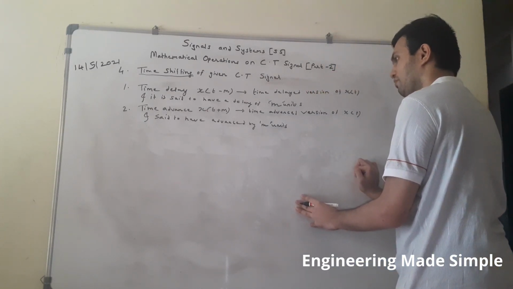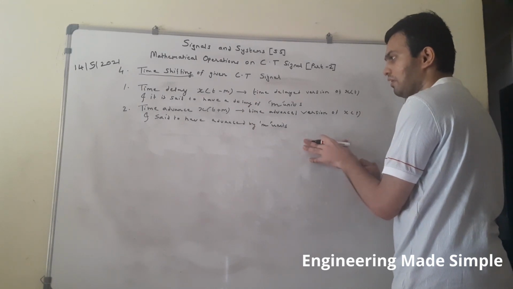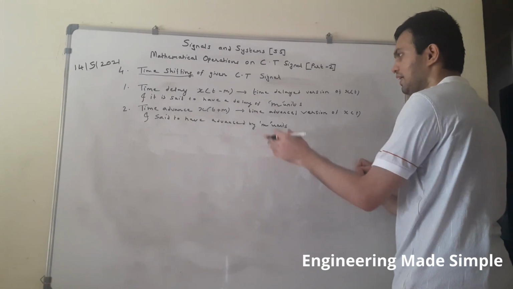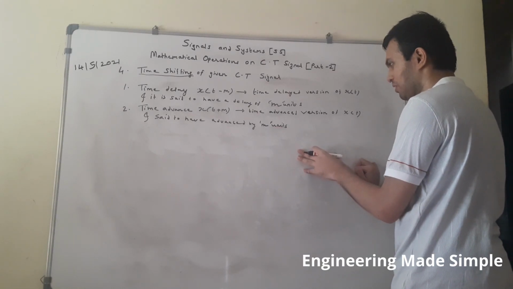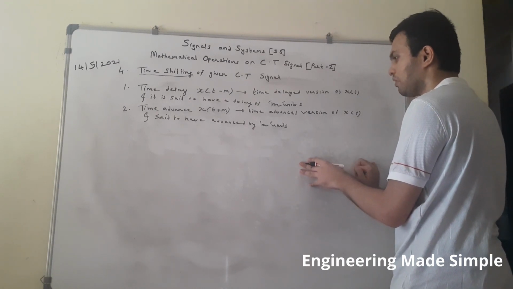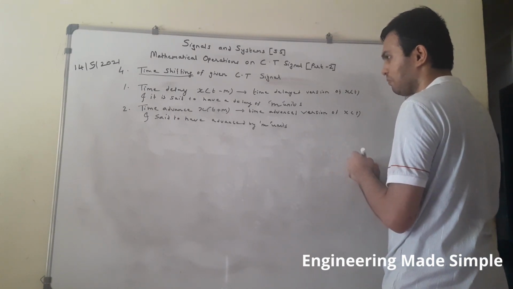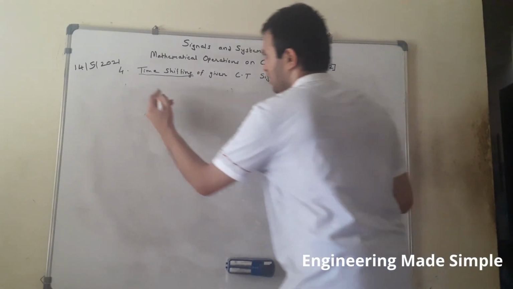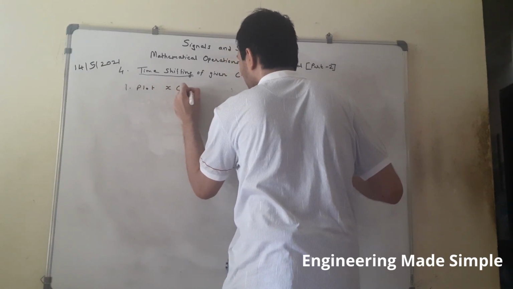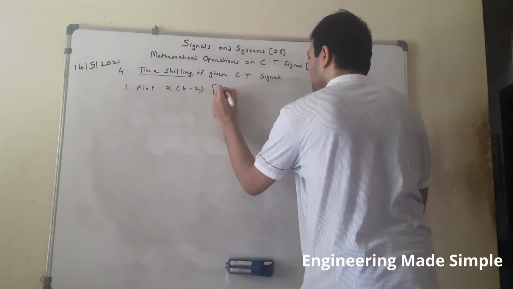So this is how shifting is done, and these are the two different types of shifting. But whatever I have written here, you will understand with the help of an example only. So kindly make a note of these two points, because I am erasing them. When I show you what is time delay and what is time advance, you will understand the statements I have written. So directly with the help of an example, I will explain these two statements. Let me ask you to plot x of t minus 2, which is nothing but the time delayed version of x of t.